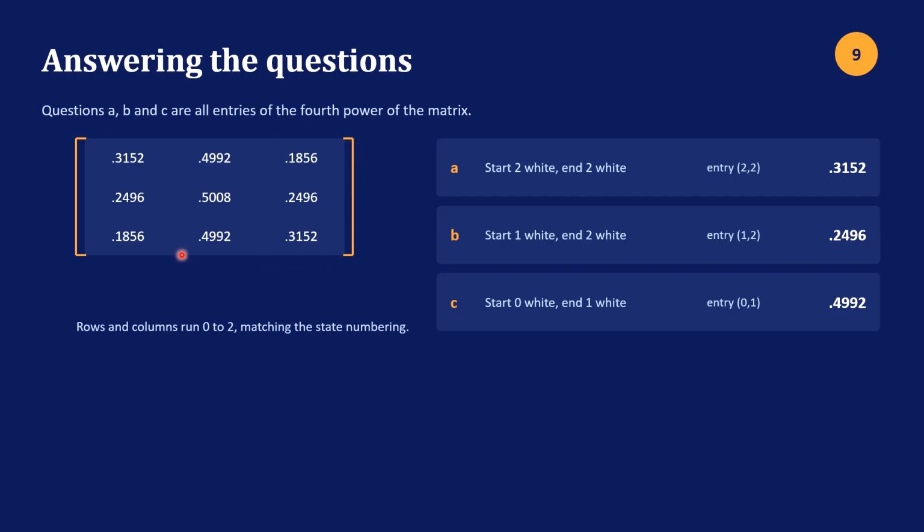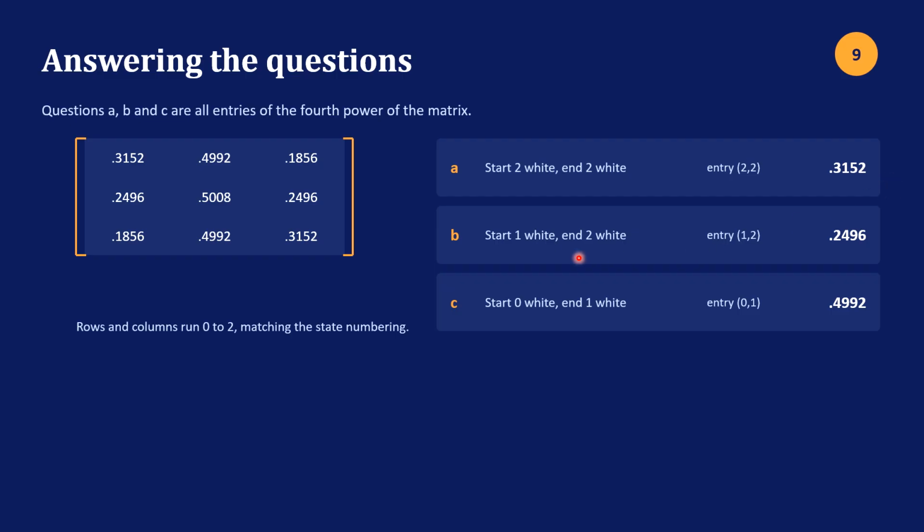Here's the matrix from the previous slide raised to the 4th power. So this gives us the probabilities of going from one state to another in 4 steps, and then I just have some questions, but they're just a matter of identifying the right thing in the table here. So what's the probability of starting with 2 whites, so you're down here, and then you end with 2 whites, it's 4 steps out, and that would be